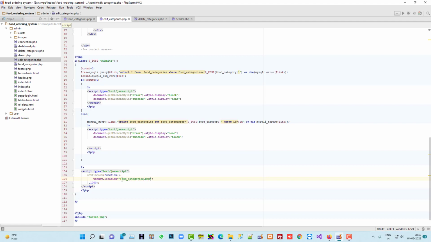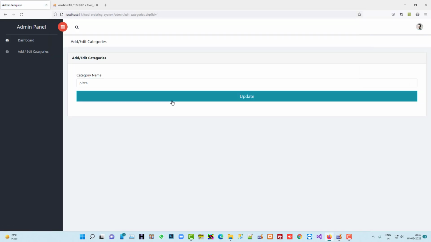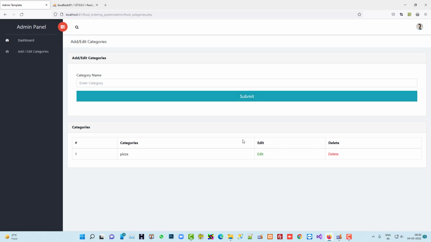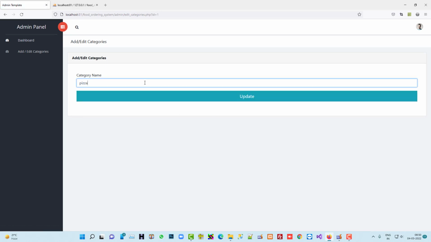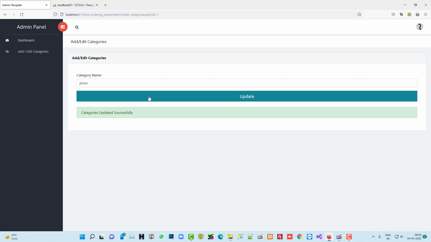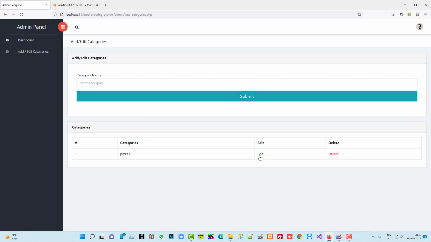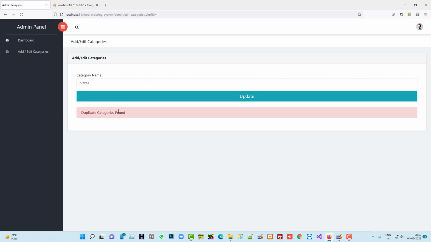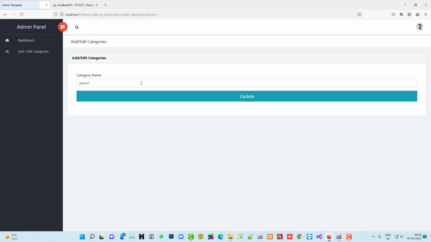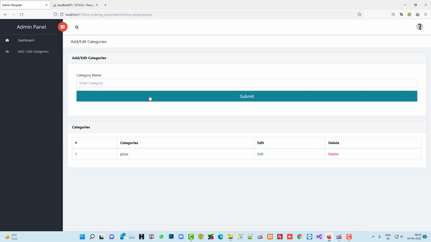food categories.php. Now here you see we have this category pizza. I update, I got a message because this is already over there. So if I change here to pizza 1, then it will update. You see, if I use the same one, then we are getting here duplicate categories. But if you are going to change anything, it will affect it. You see, so this way you can perform edit and delete operation and edit and delete categories, add categories in food